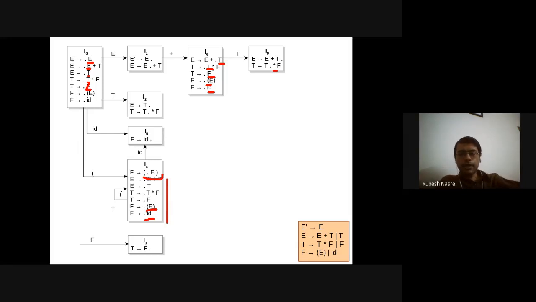Okay, Kuldeep, can you tell me what is going to be the state after capital E from I4? T and F, I4 goes to I2 and I3.